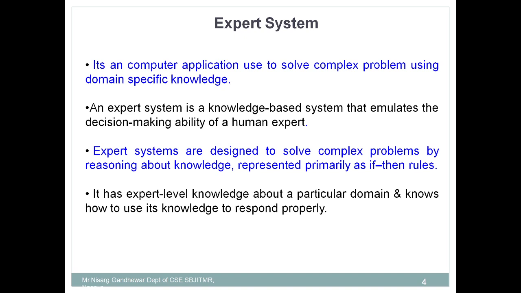Why a financial expert? Because that financial expert has expertise in that particular field. He can give suggestions better than you. You and I can give any suggestion, but we do not have that much knowledge in that particular field. So the government obviously takes a suggestion from that domain expert who has expertise in that particular field. In the same way, an expert system tries to mimic domain specific knowledge by using a computer